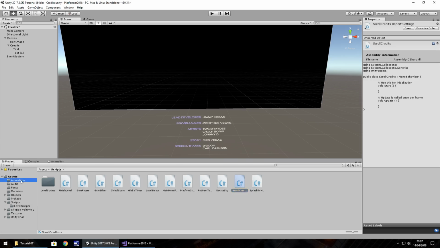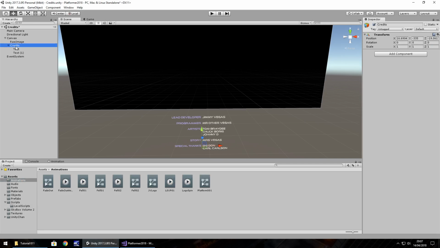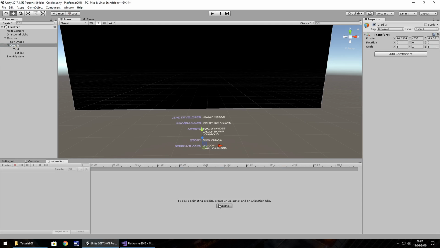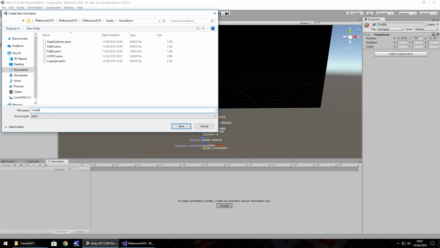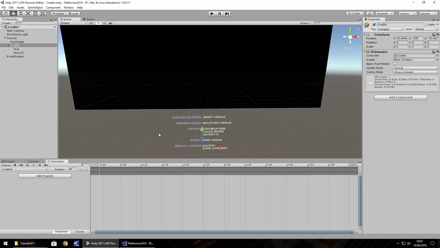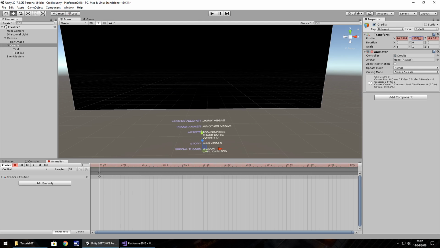So we're in our animations folder. Let's take our credits and basically Animation, Create, and let's have CredRoll. So we've done this before. We press the record button, we're on our first keyframe, and we're going to scroll them upwards. So whatever the Y position is right now, which is -355 or 335, was it? I think 335. So we want to set that as our first keyframe,